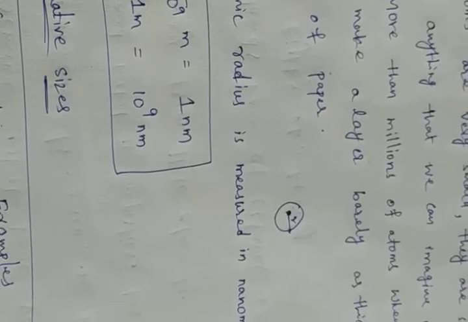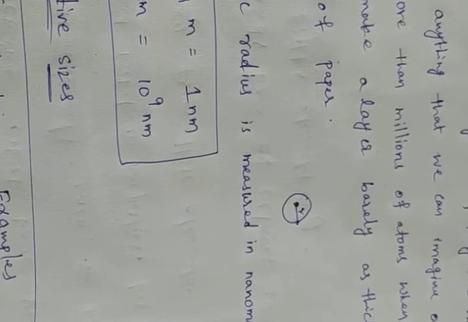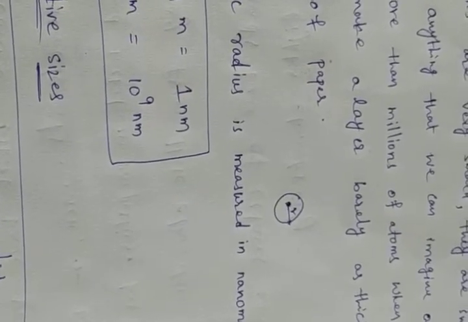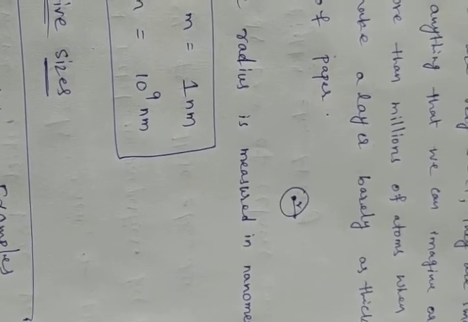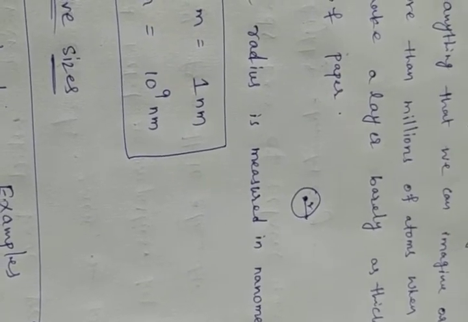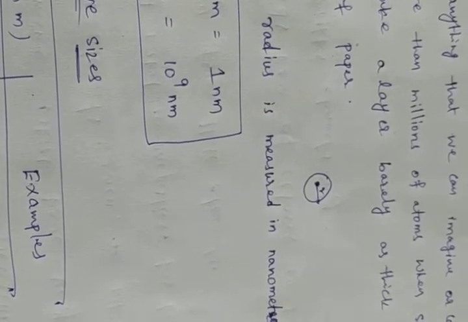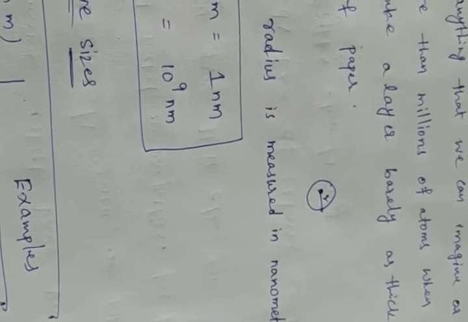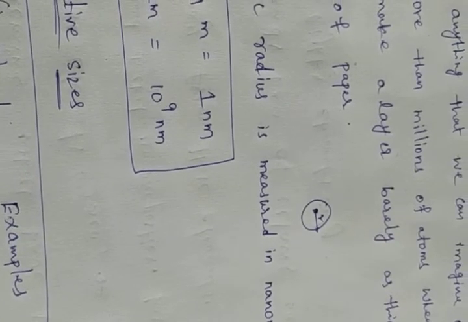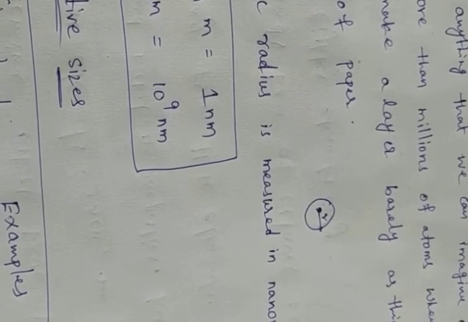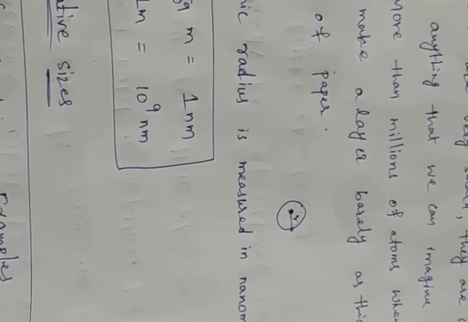Atoms are very, very small, as we have already discussed. So we might think that if atoms are so insignificant in size, why should we care about them? Because the entire world is made up of atoms only. We may not be able to see them, but they are there and constantly affecting whatever we do. Through modern techniques, we can now produce magnified images of the surface of elements showing atoms.